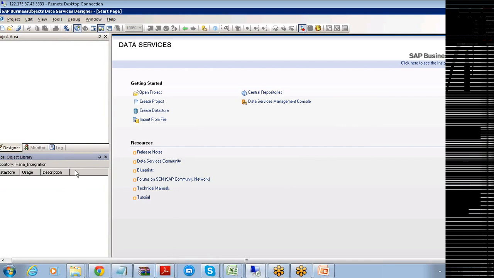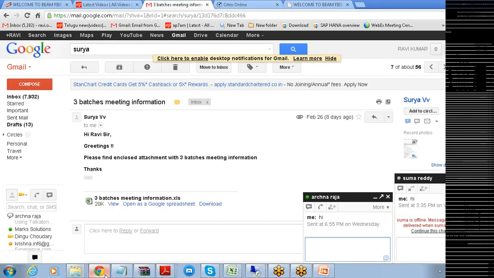We'll start doing that from tomorrow onwards, because I need to do a lot of configuration steps before we start working on this platform. Can anybody tell me why I started Business Objects Data Services today? ETL, replication into the database.